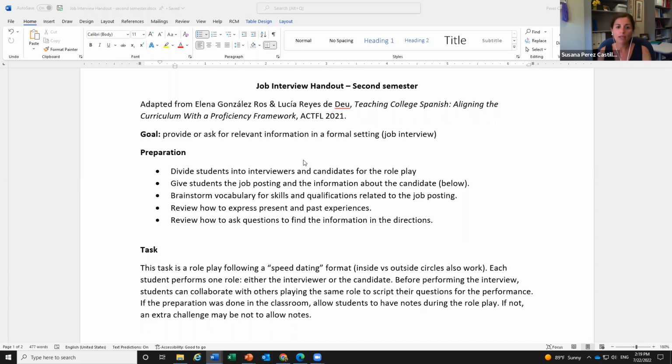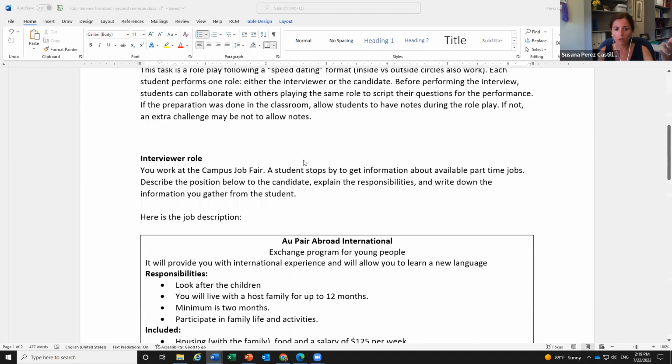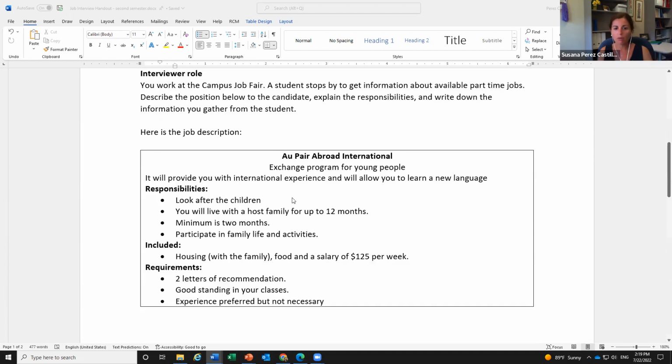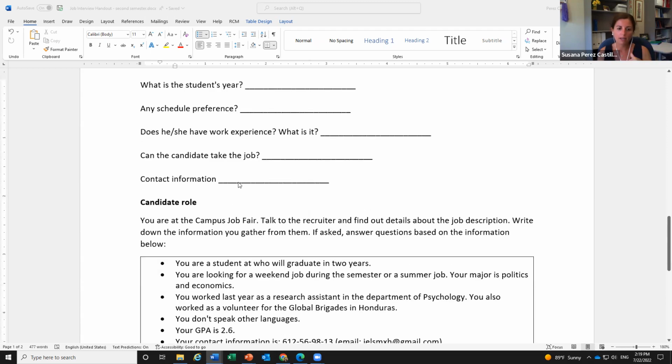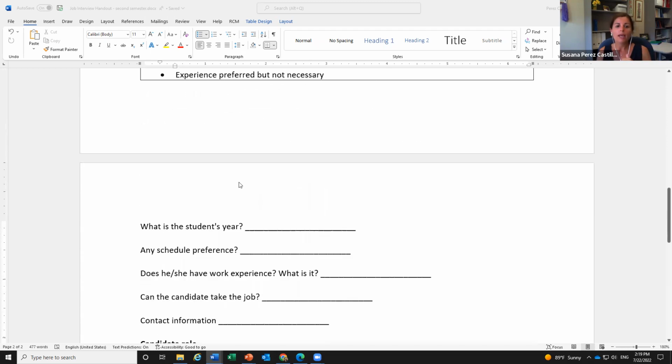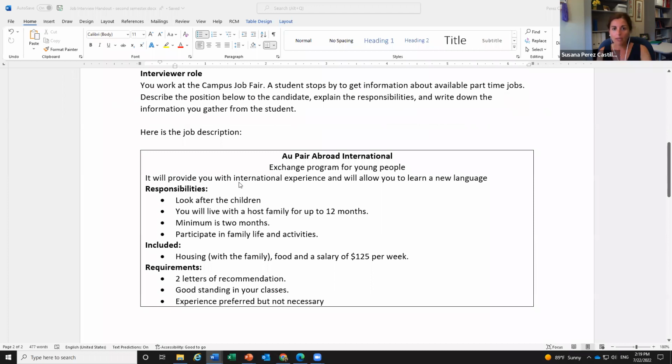They gave these as homework to prepare, the information about the job and the information that the interviewer needed to get from the candidate, and the same for the candidate role. They asked students to prepare at home. And then in the classroom, without notes, they had to perform this role play. And that was part of their oral